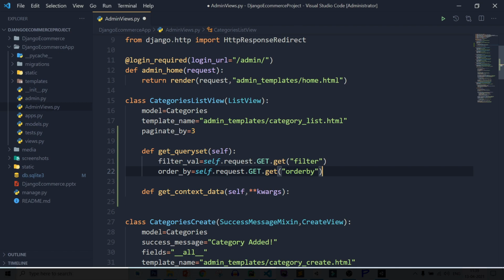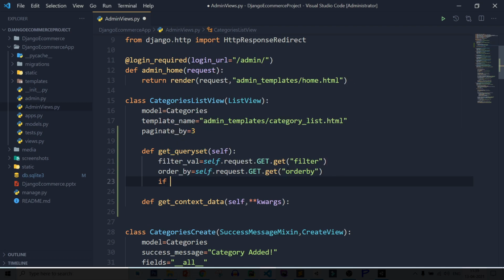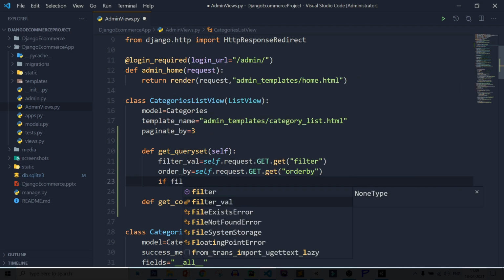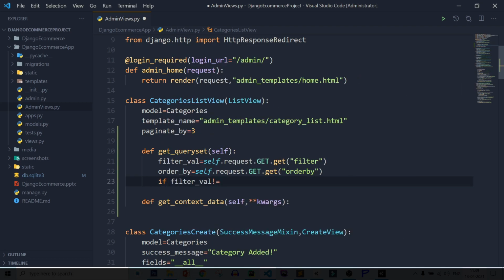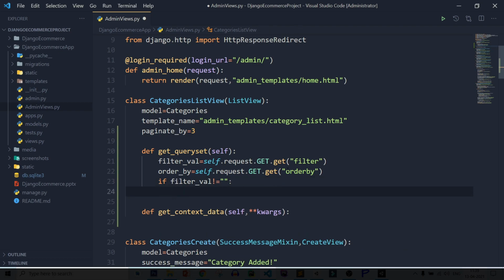After that, if filter value not equal to blank, then you can run the query.